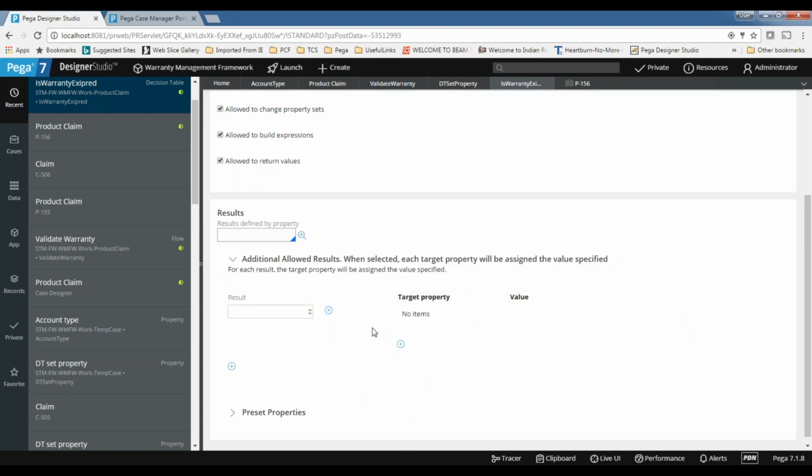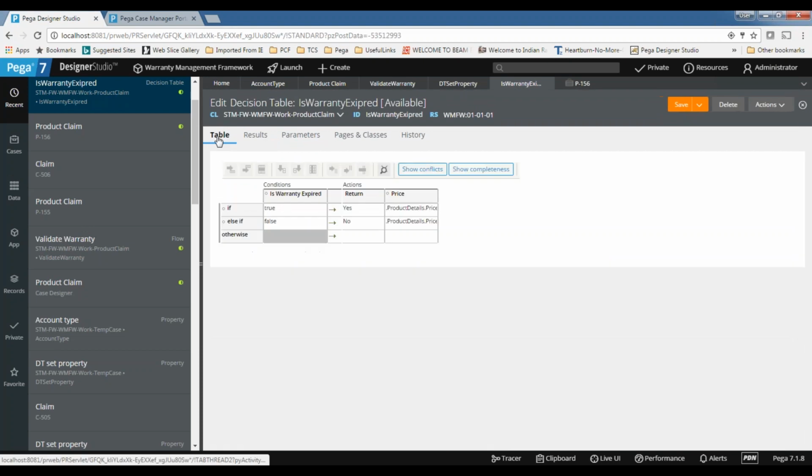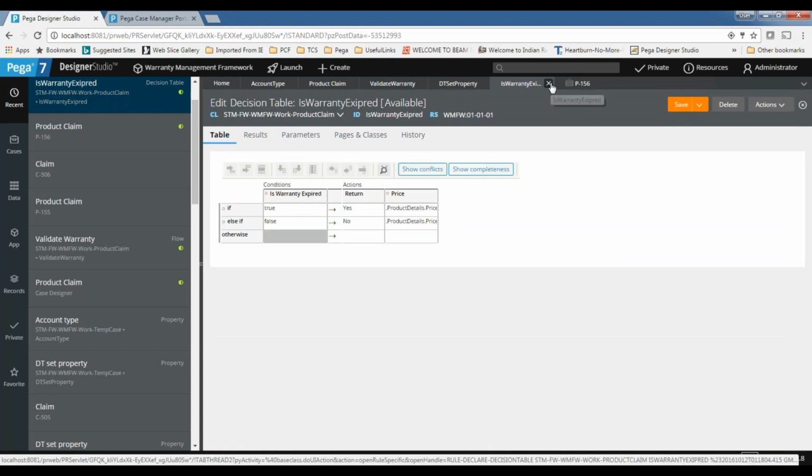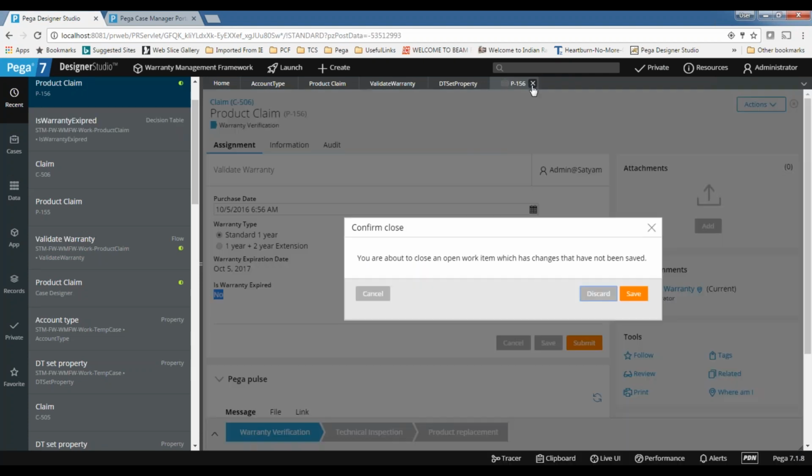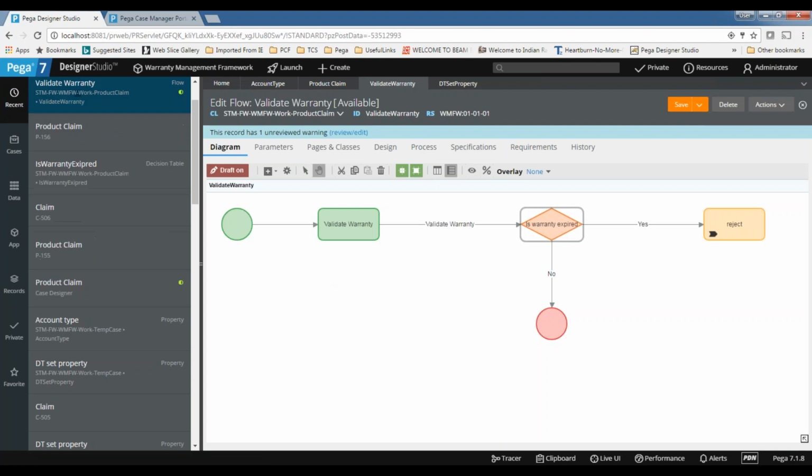Setting values from the decision table is very rare, but we have that provision also here. Okay, that is about decision table. So the decision tree you can see tomorrow, Saturday. It is very straightforward again. It won't take much time, but we will see that tomorrow, next class.